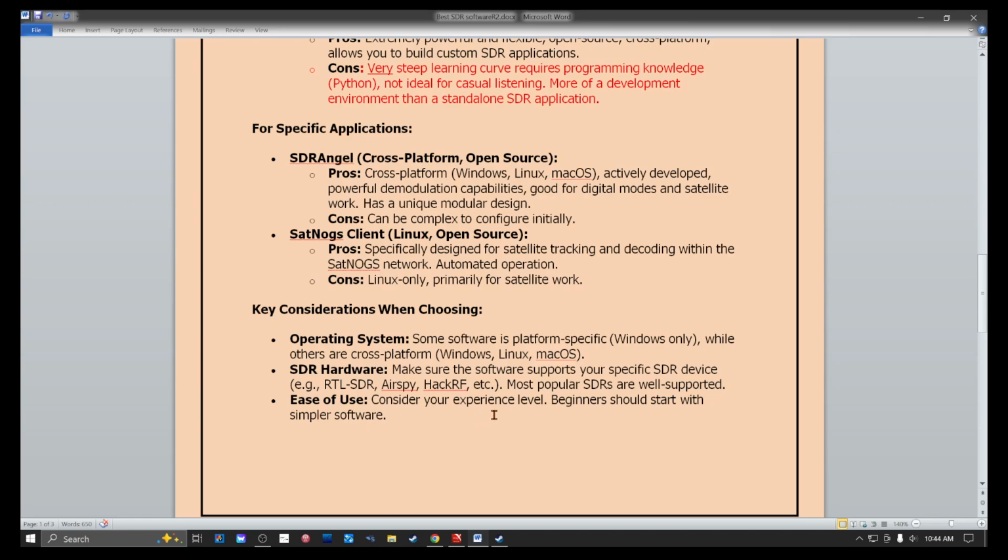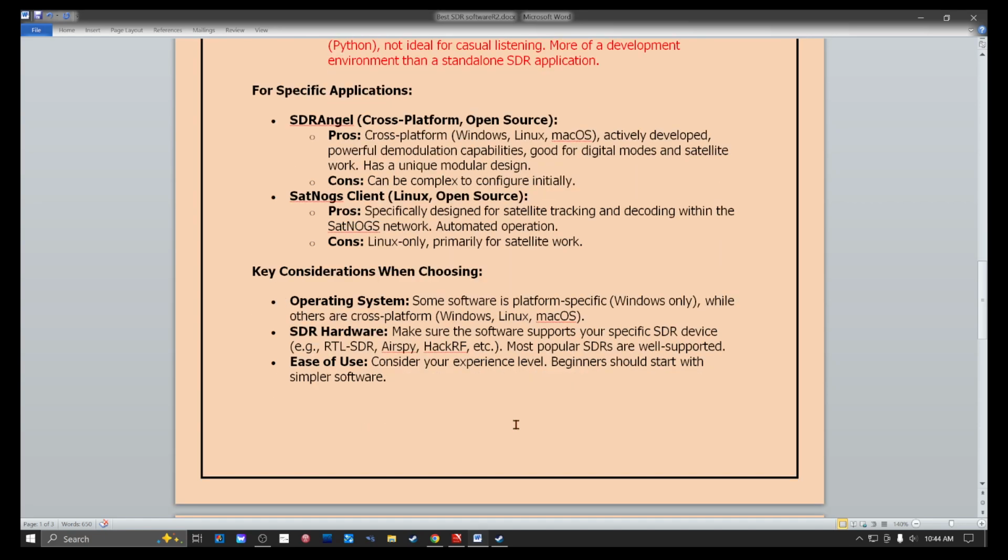Ease of use. Consider your experience level. If you're a beginner, you should start out with simpler software. Otherwise, you will get frustrated and give up. Something as cheap as an RTL-SDR little dongle, I think they're about $20, $25, and one of the simpler applications I showed above that work with that dongle is the way to go to get started. I've gone through that